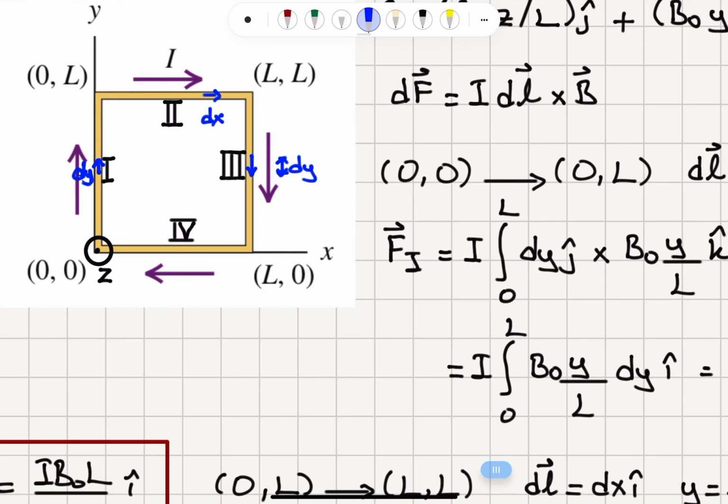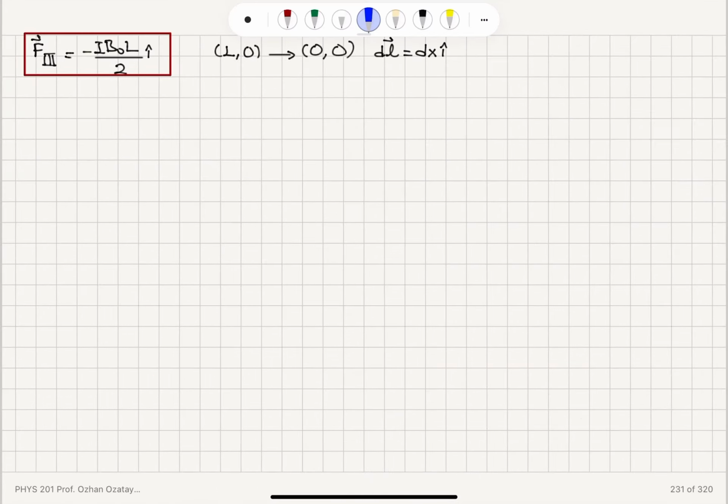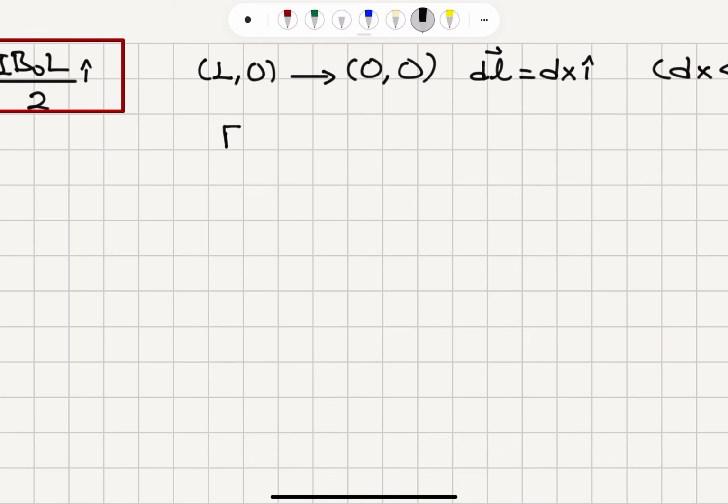So this is my dl vector, which has a magnitude of dx. And x is decreasing, so dx is going to be negative as I decrease the x value. The force on the fourth segment can then be written as I integral from x equals L to x equals 0 dx I hat cross with B0 y over L